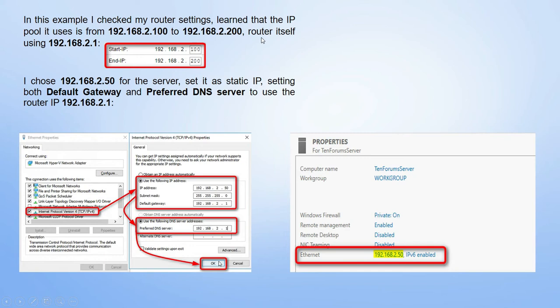And the router is assigned the IP address 192.168.2.1. Okay, so your router IP is 192.168.2.1 and the IP pool is set from 100 to 200. Then choose 192.168.2.50 for the server. Set it as a static IP, setting both the default gateway and the preferred DNS server to the router IP,